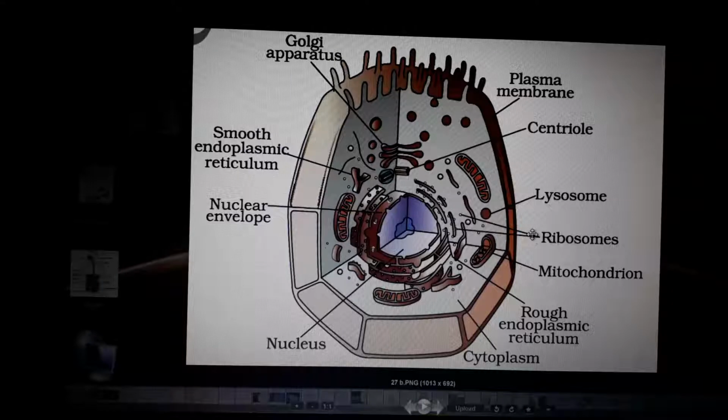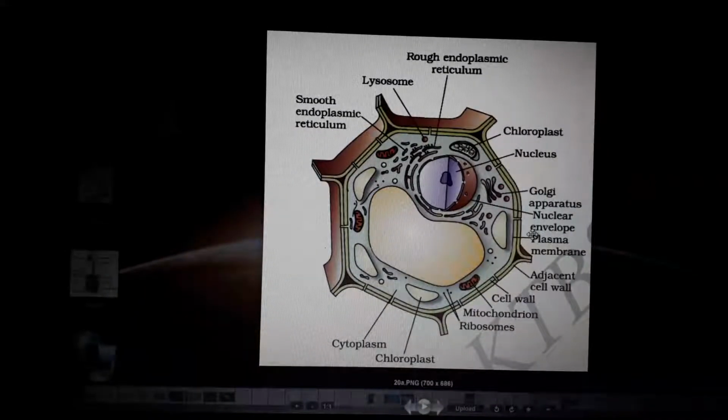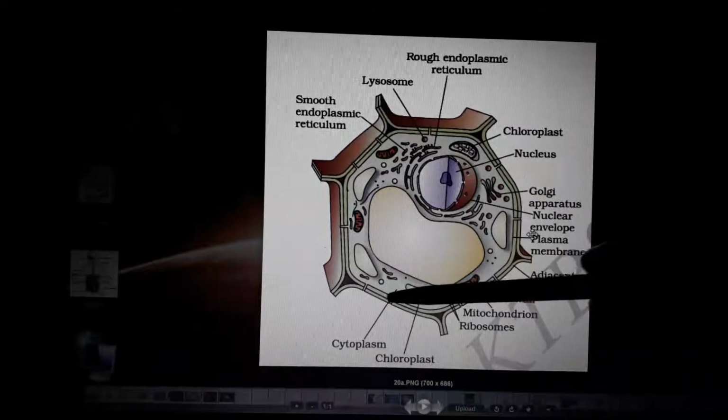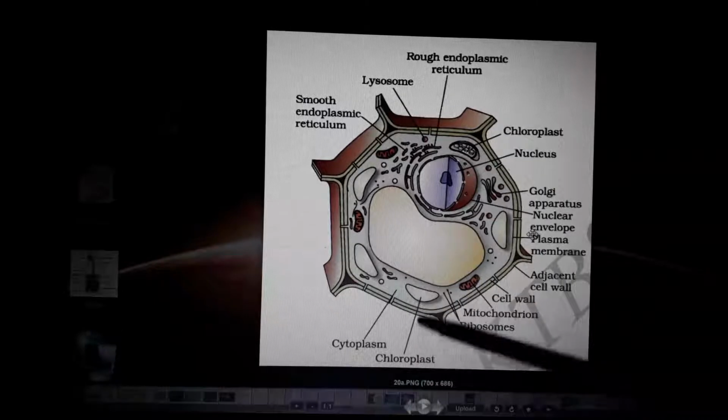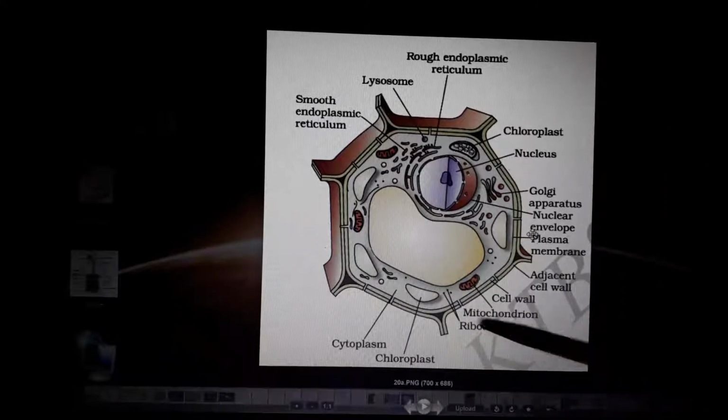In the next part, yesterday we already discussed the different parts of a cell, but let us come to a conclusion regarding the functions of each part. We have the cytoplasm. Here is the chloroplast, which can be seen only in plant cells. There is no chloroplast in animal cells. Ribosomes, mitochondria, cell wall, adjacent cell wall, plasma membranes, nuclear envelopes, the Golgi apparatus, the nucleus are there,